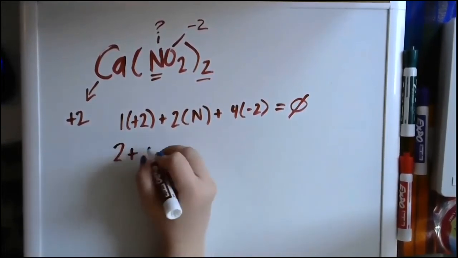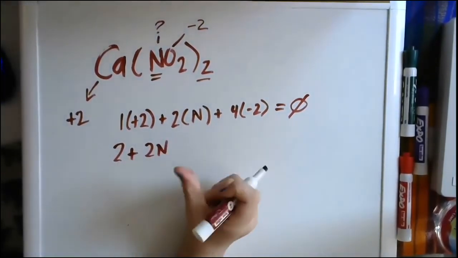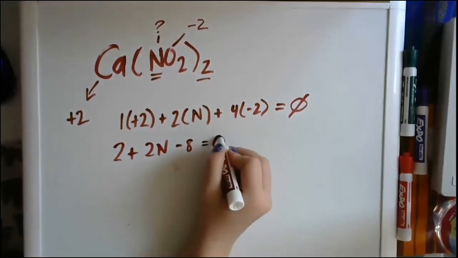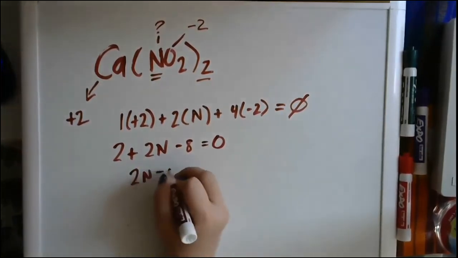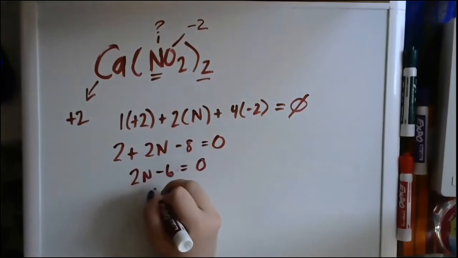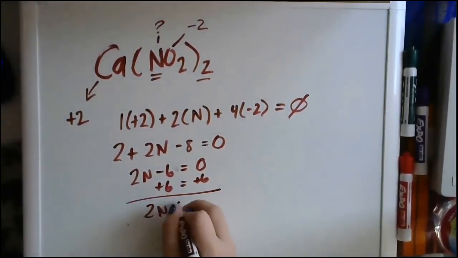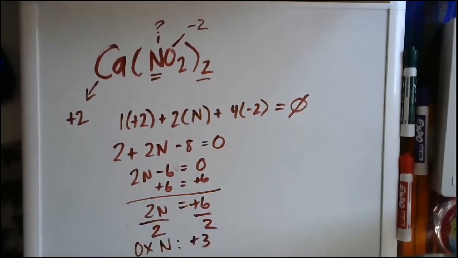So 2 plus 2 nitrogen minus 8 equals 0. I'll combine these ones. So 2 times nitrogen minus 6 equals 0. So the oxidation state for nitrogen is positive 3,